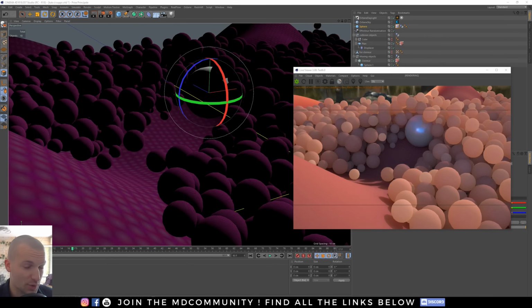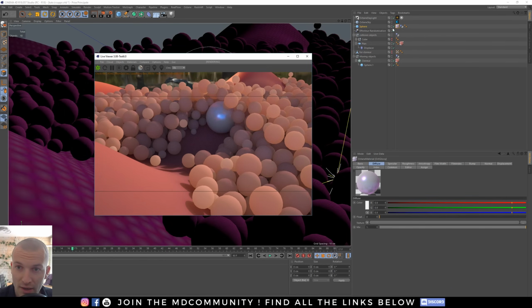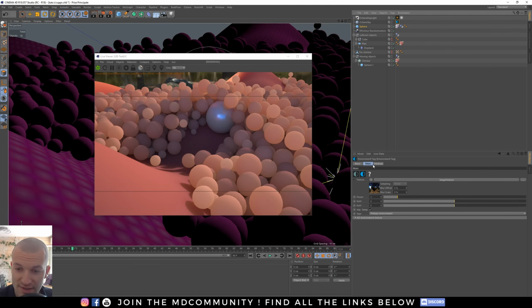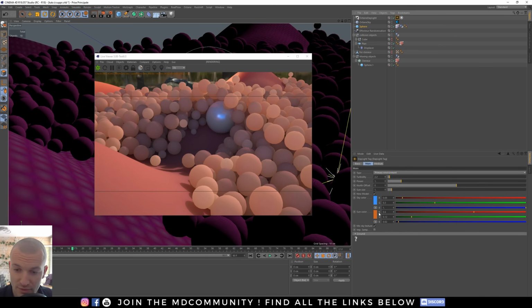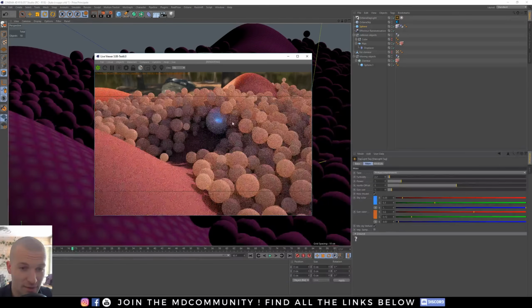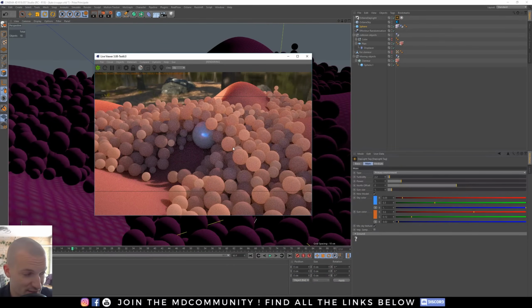I will give you some quick information for the texturing. So I use Octane Render. I use an Octane Sky with an HDR environment and Octane Daylight. Don't forget to check Mix Sky Textures, okay, to have your Octane Daylight and your Octane Sky together, and to have this nice SSS on the sphere. I suggest you use a diffuse material.